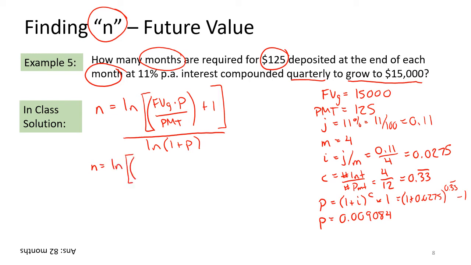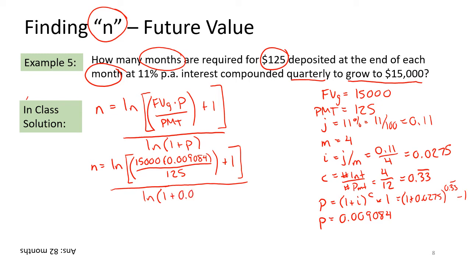we've got our future value, 15,000, times our equivalent interest rate, 0.009084, divided by your payments, which is 125, and that's plus 1, end bracket, divided by the ln of 1 plus the equivalent interest rate, 0.009084. Okay? So if we take that a step further and simplify both, we should get that n